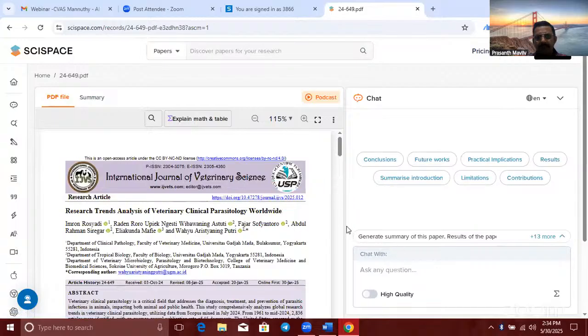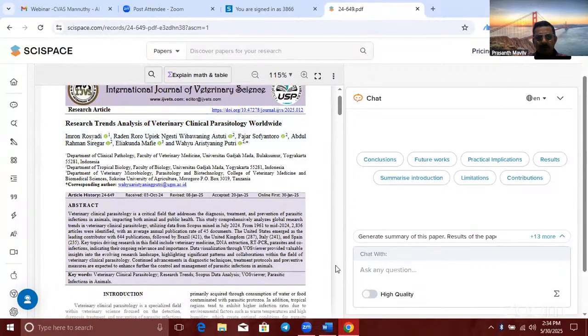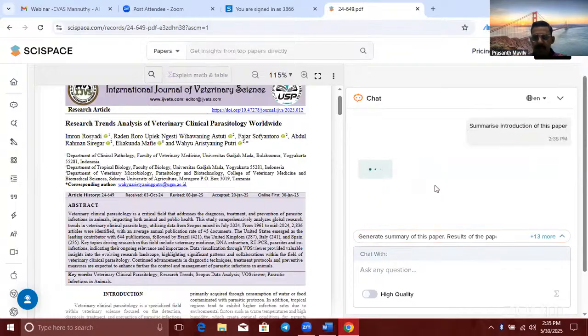See, on the left side the article is shown, research trends analysis of veterinary clinical something worldwide. And on the right side, with a quick glance, you can ask questions. Suppose you want to summarize the introduction, you can just click, it automatically comes there.